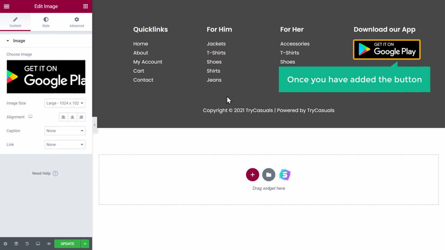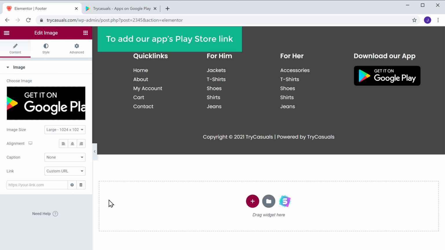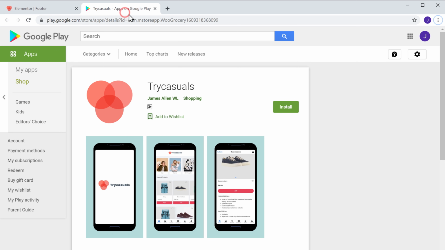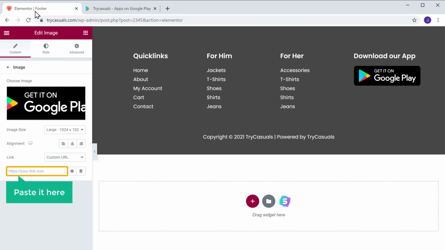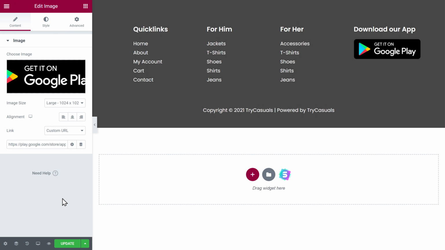Once you have added the button, to add the link to this button, let's click here and select Custom URL. Now to add our app's Play Store link, go back to this tab, then copy this URL and come back and paste it here. Okay, so now we've added the button and its link. Once you have added the link, if we click Update